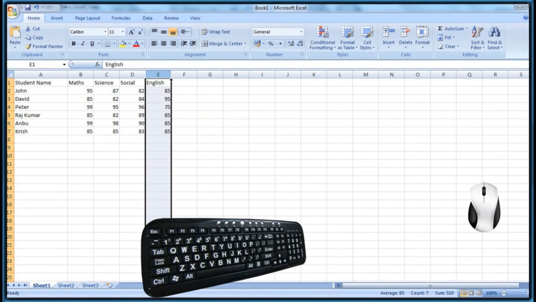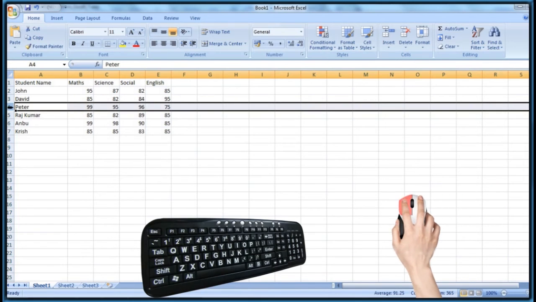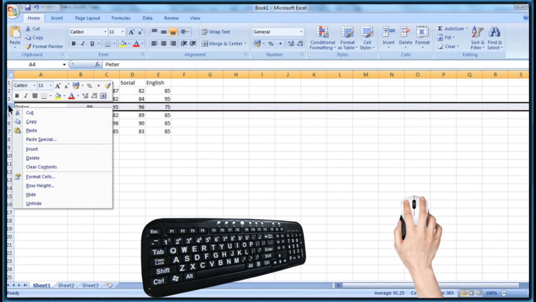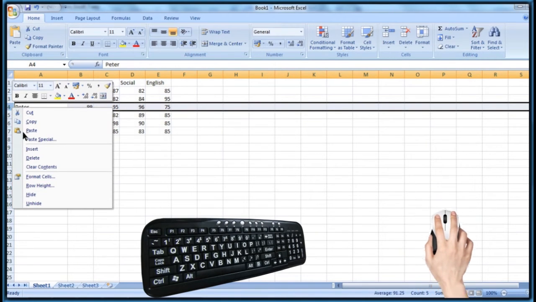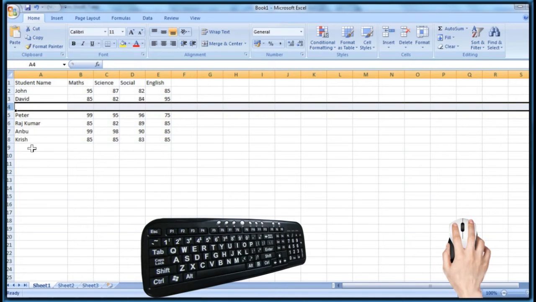Already we have seen how to insert new row or column in the spreadsheet. Now let us see, after creating blank row, how to copy the data to it. Select the row to which above you want to insert a new row. Click on mouse right button and choose insert command from the appeared menu. Blank row created. Now I am going to copy the 8th row text in it.